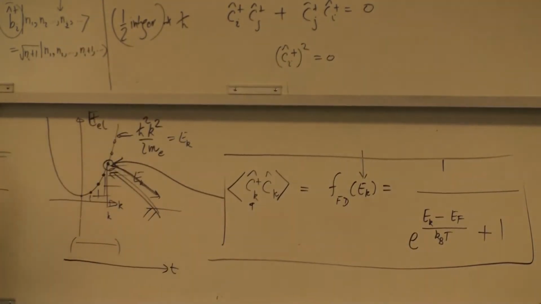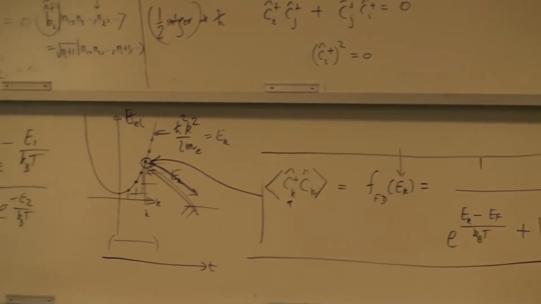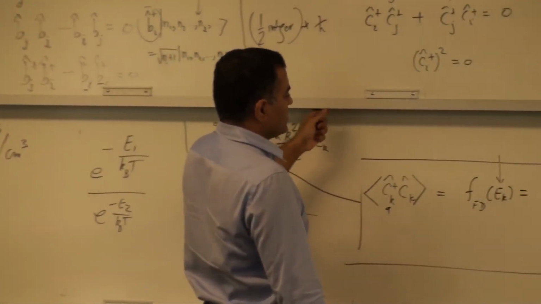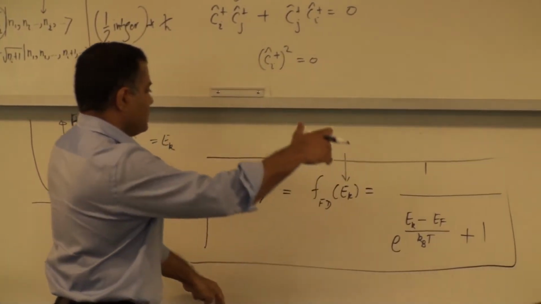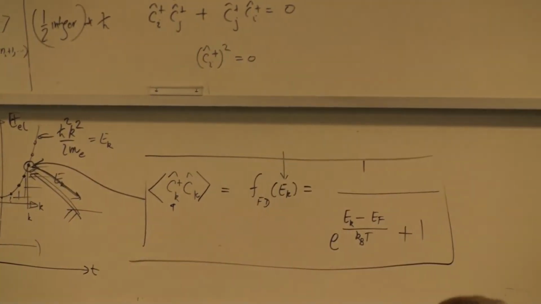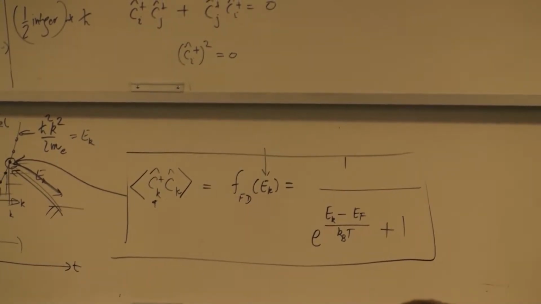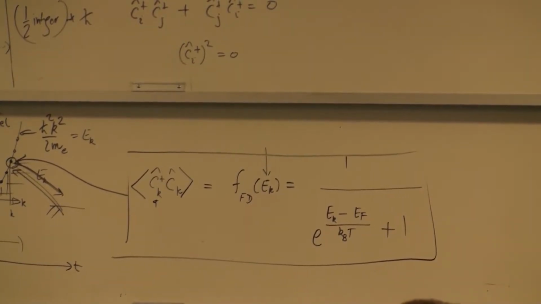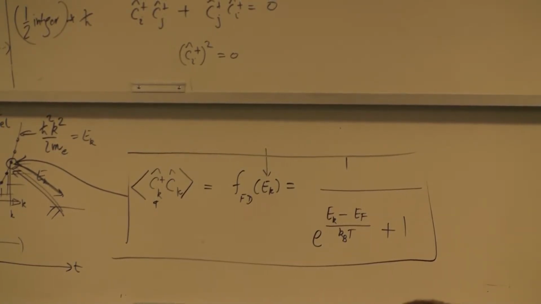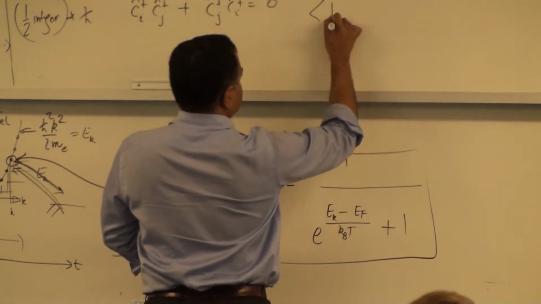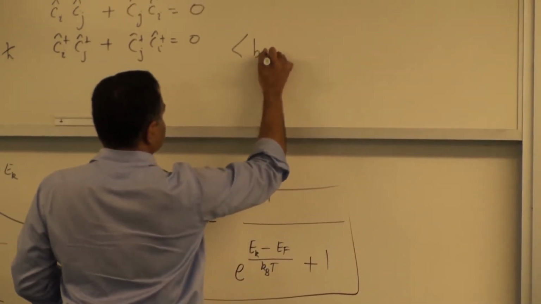On the other hand, if you are looking at bosons, if you have phonons or photons, bosons will satisfy a different rule: you can have any number of particles. There's no restriction. So you can have 0 or 1 or 2, 3, all the way to infinity. So you get a sum which looks like that, and when you sum it all over, you get a result that looks very close to this, but it's not quite that. So that's the average in the thermodynamic sense I mentioned.